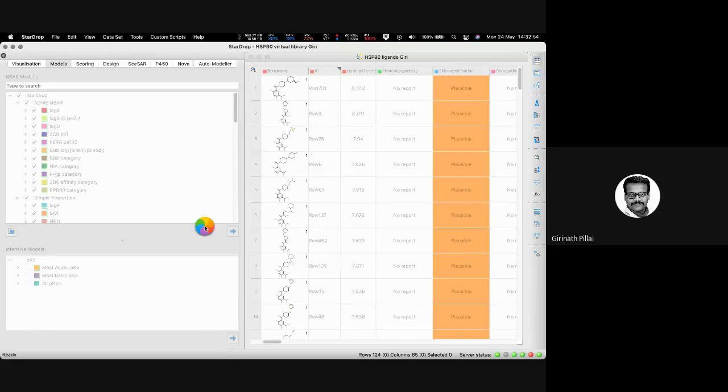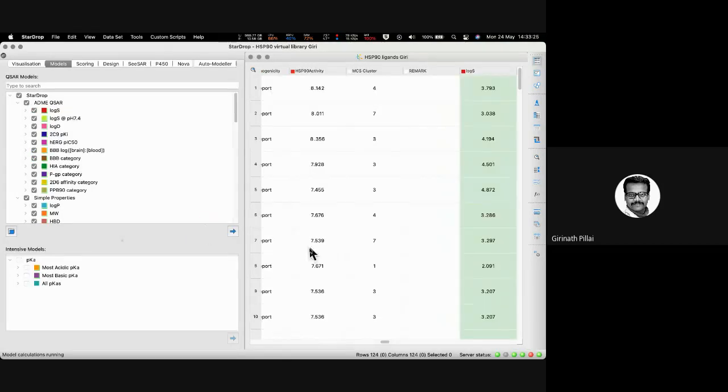Great. Oh, by the way, this software doesn't require any highly sophisticated computers. A normal laptop is also fine. I'm running it on a laptop, so normal laptops are absolutely fine. It works on Windows and Mac. And we have tested up to 7 million compounds getting loaded to this table. Absolutely fine. So computer requirements are not a great challenge here.